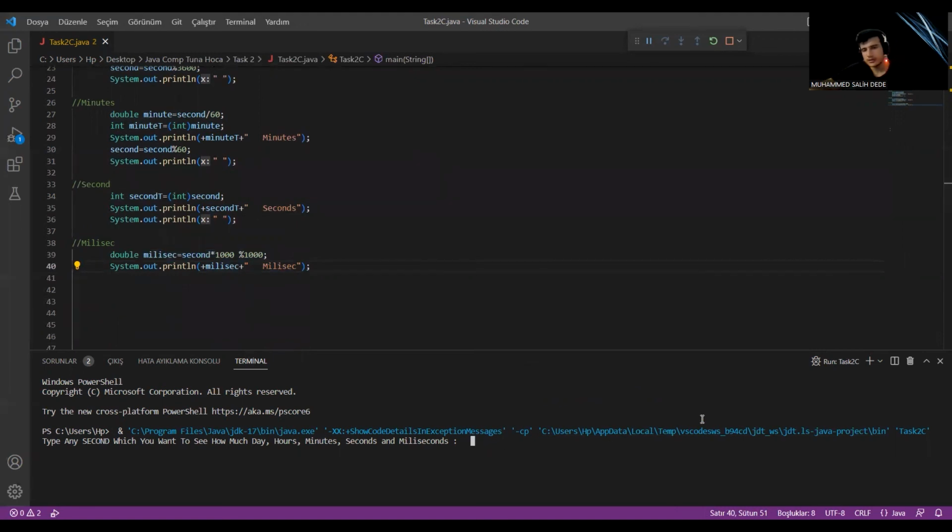Now I try to use this code, and I write a specific number, and then I click enter and I